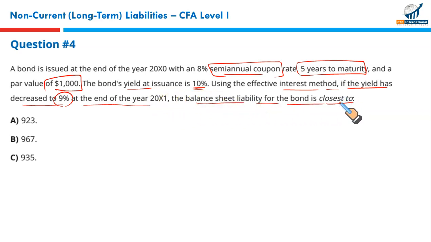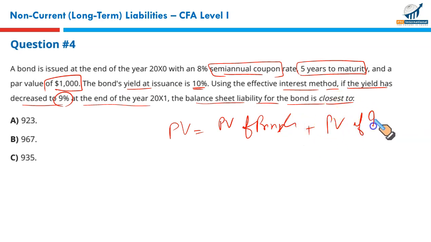We have already done this in our CMA Part 1, or CMA Part 2, Corporate Finance Bond Valuation. The value of the bond, the price of the bond, is the present value of principal plus present value of interest. But in CMA, we used to take a longer route. Now, since we are doing CFA, we have a much quicker way using our financial calculator. I'll show you how to put the numbers, and we can directly calculate the present value of the principal and interest, and the current value of the bond.